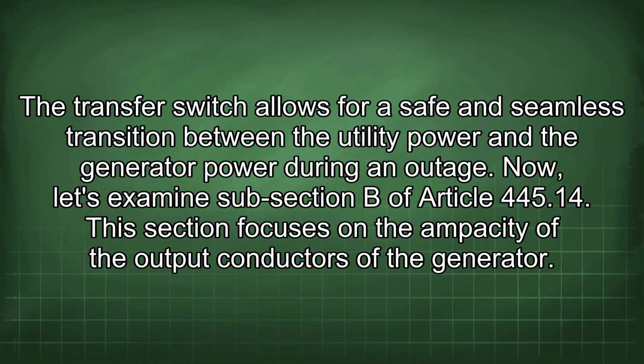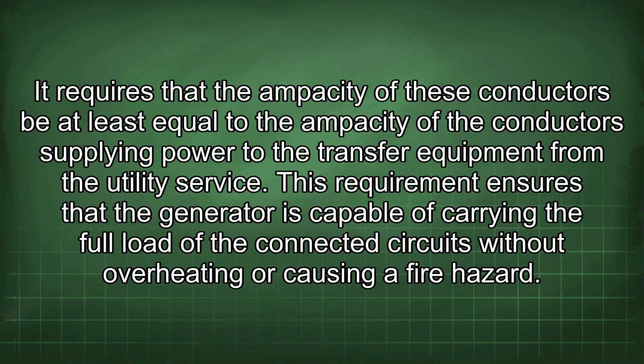The transfer switch allows for a safe and seamless transition between the utility power and the generator power during an outage. Now let's examine subsection B of Article 445.14. This section focuses on the ampacity of the output conductors of the generator. It requires that the ampacity of these conductors be at least equal to the ampacity of the conductors supplying power to the transfer equipment from the utility service. This requirement ensures that the generator is capable of carrying the full load of the connected circuits without overheating or